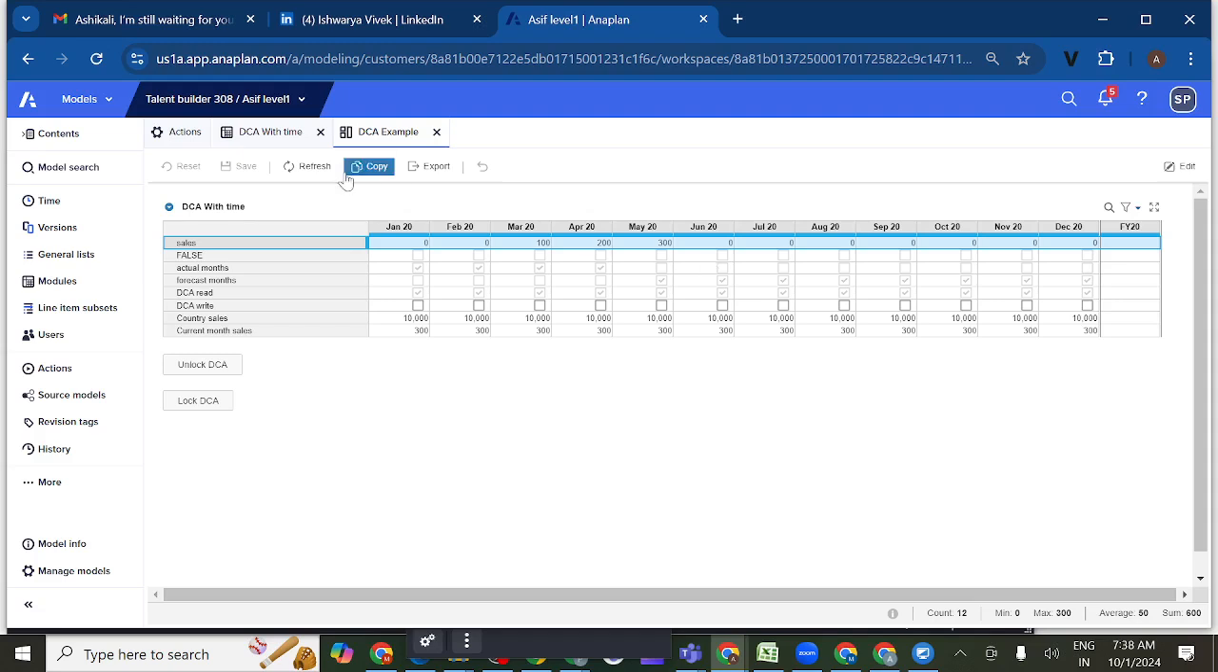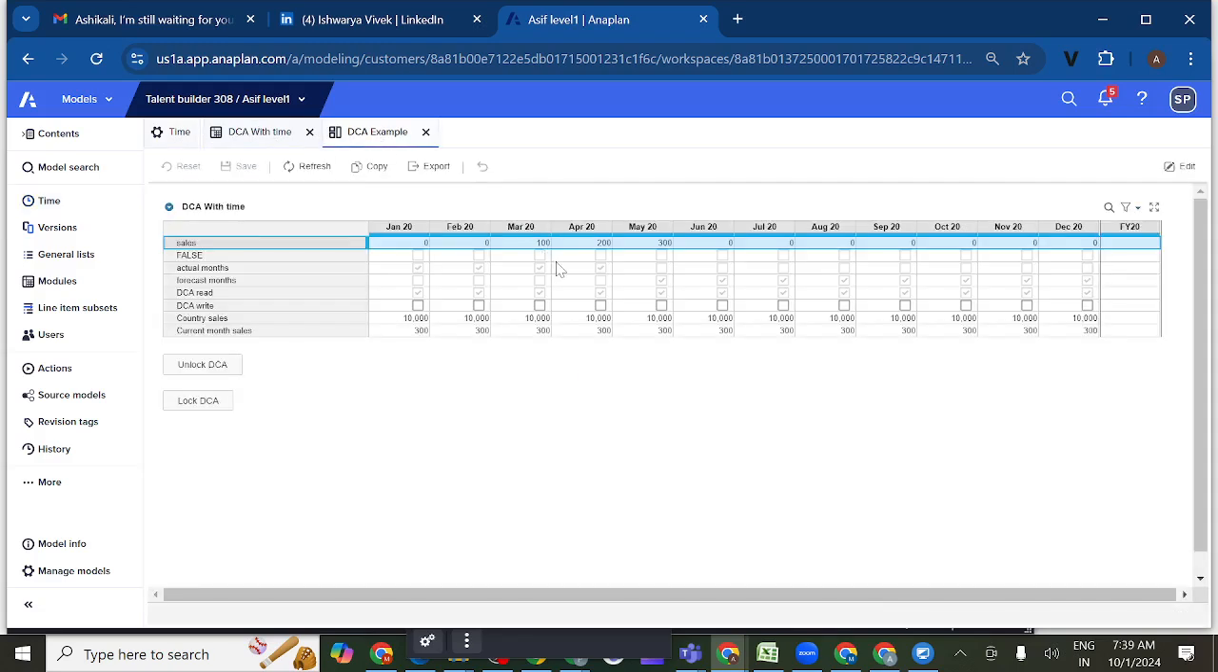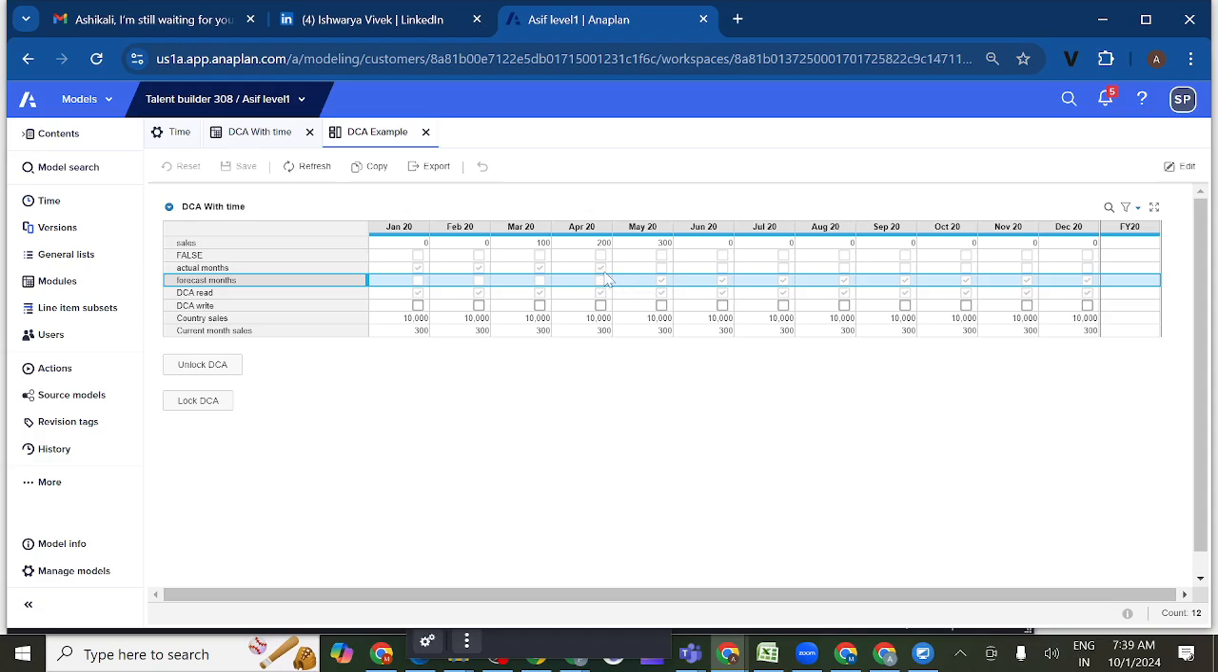So what was their intention there? For example, if they select May 2020 as the current period, then before May 20, data should be locked. Before May 20 it is actual, and after that forecast months. So we know current period and non-current period. Current period means